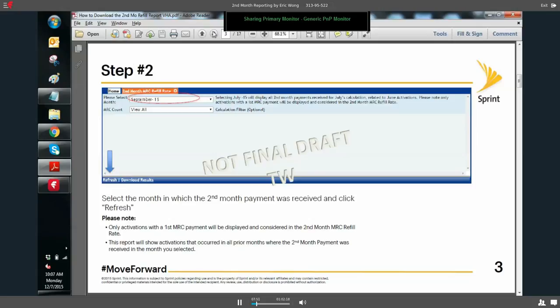Instead of saying view all, I would modify that to the percent of second month refill. In the past, we had the 40 count for the PBR, which is what this report was initially created for. Now, since then, we've removed that 40 minimum threshold permanently, as you guys may have heard on the dealer call a couple weeks ago. So step three, I'm going to get into the nitty-gritty of this,